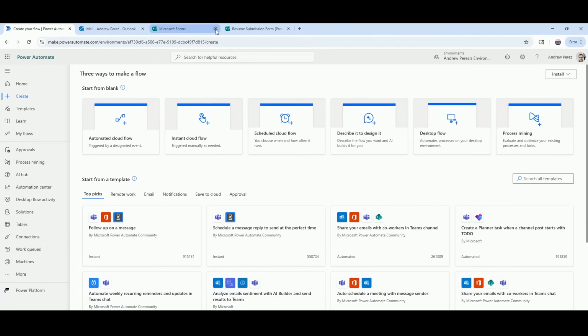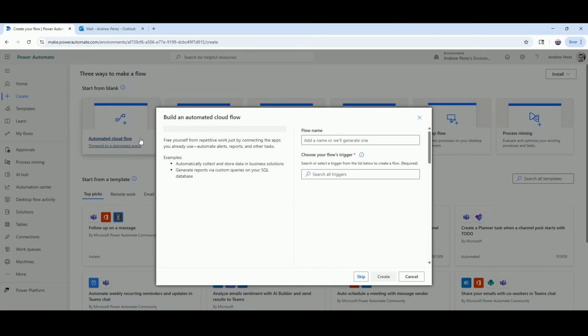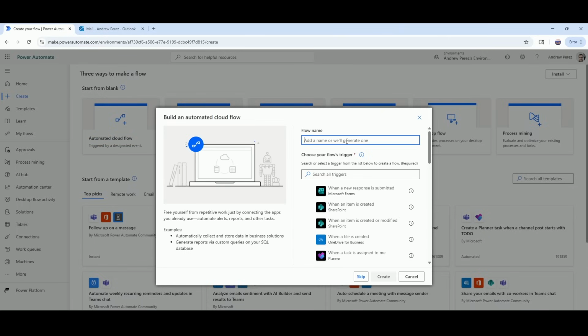And we're not going to be using forms for any of it. So if you've got your form tabs open, you can go ahead and close these. It's just going to be Outlook. All right. This is going to be another automated cloud flow since you are receiving it. It's going to happen whenever you receive something from your boss. So for the automated cloud flow, we will call this our